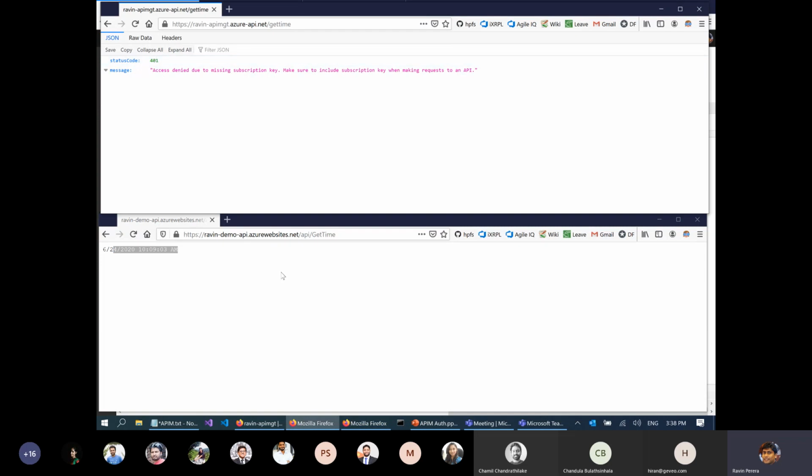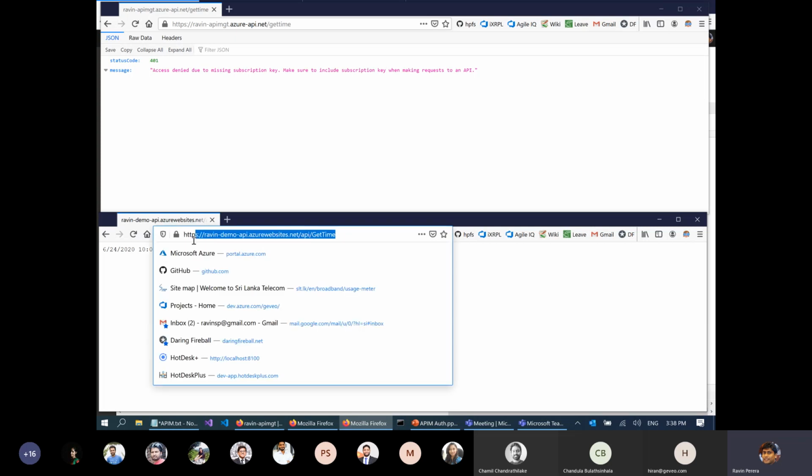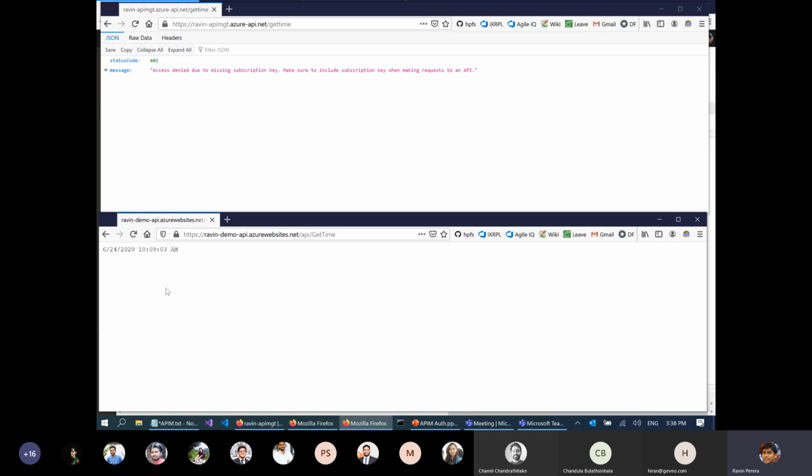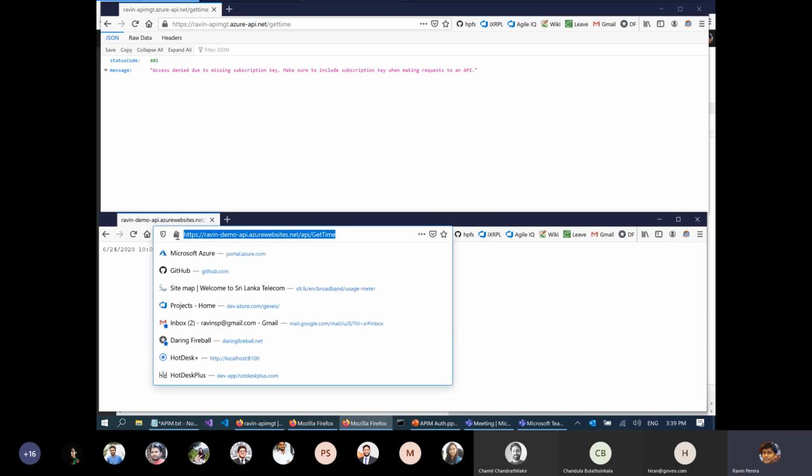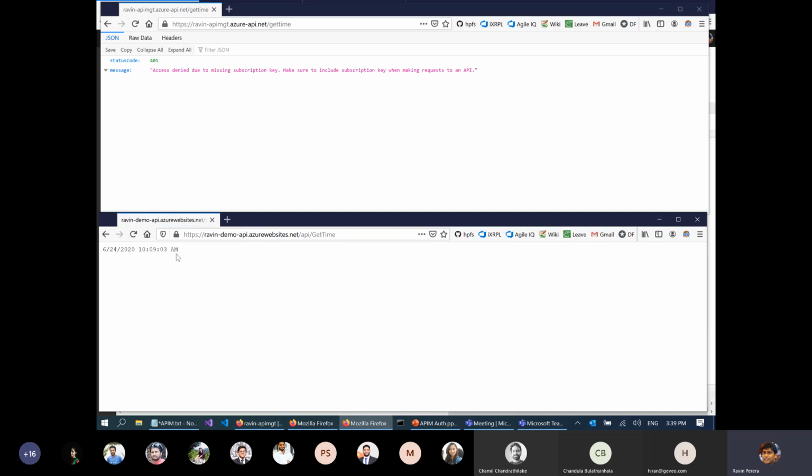Now you might wonder what's the use of this, since anyone can access the API directly. But the subsequent steps would involve closing the external doors for this API, so you could only access it via API management. I won't go into those configuration details, but you can do them in the Azure portal. There's IP whitelisting, or you could even use Azure function security keys, so there are multiple ways you can do it. In a real production environment, you would not be able to access your internal APIs like this. For this tech talk, I won't go into that area.